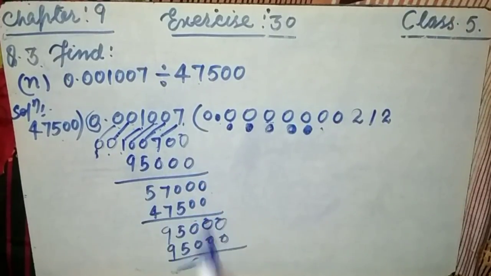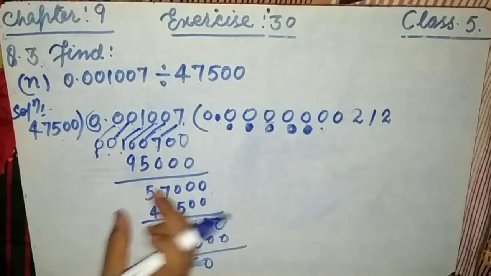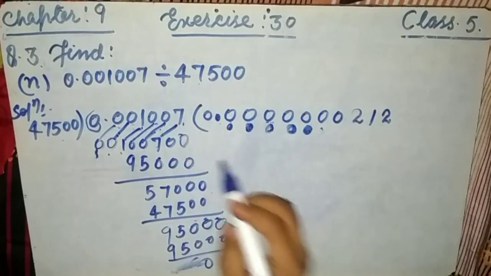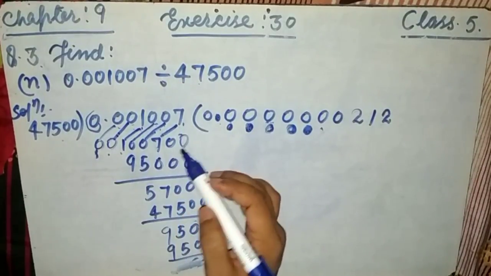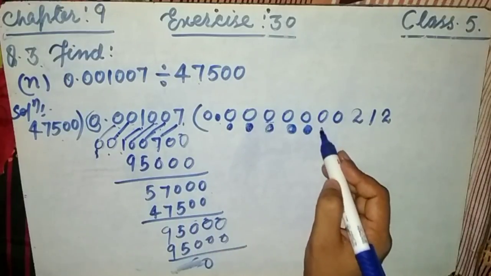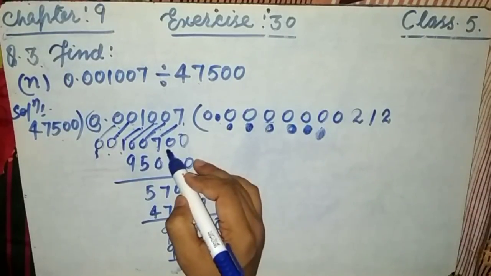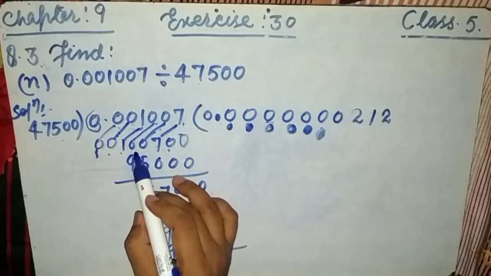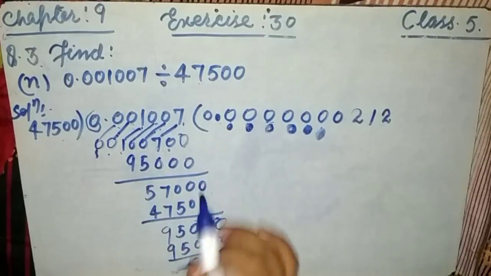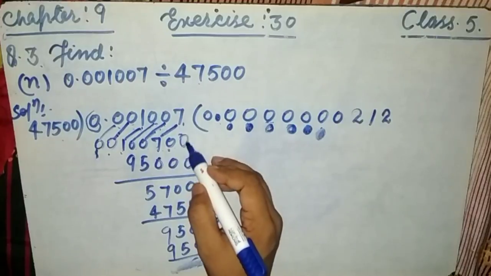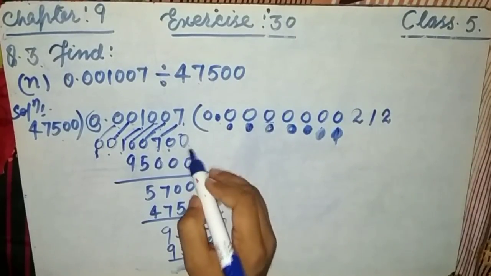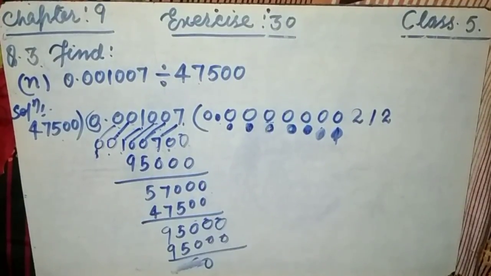So this 1007 is obviously less than this divisor, and we have to make here a number which is either equal to the divisor or greater than the divisor. So in order to write 0 in your own mind, we have to place here the 0. Remember, this is why we have to write here the 0. If we count ones, tens, 100, 1000, 10,000, 10,000 is obviously less than 47,500. Then we have to place another 0. For this we have to write here the 0. Okay, so now ones, tens, 100, 1000, 10,000, lakhs. Yes, this is greater than the divisor.